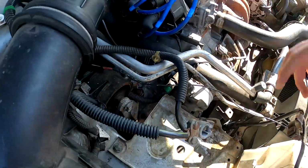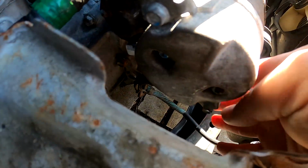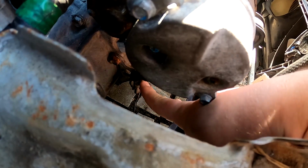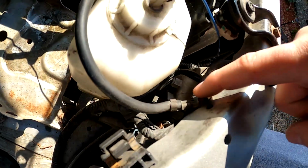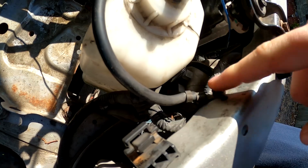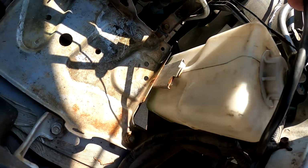Alrighty, so now we can gain access, as you can see down in here. Right where my finger is, that's the one bolt right there, which should be a 10mm bolt. You can't really see it. There you go. It's a 10mm right there to get the negative. The other point is right here, which is right next to the coolant reservoir basically. And all you have to do is remove that 10mm right there,